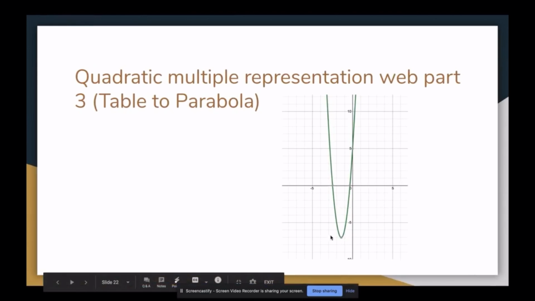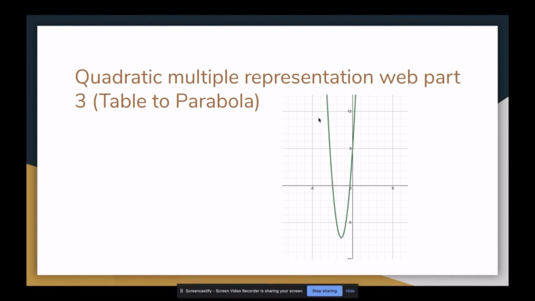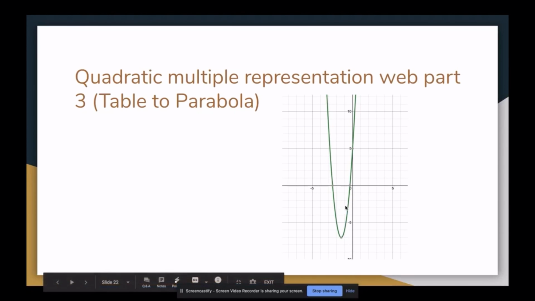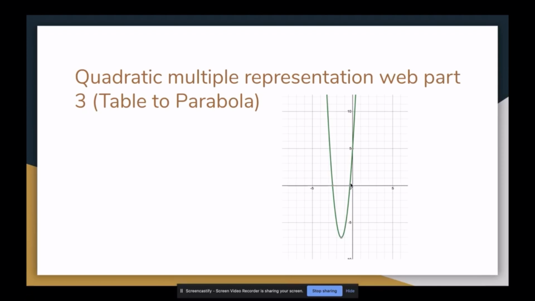So first you plot your vertex and your x-intercepts, and then you put your parabola, and then you plot your y-intercept, which is 5, and then your vertex, which is -7, and then your 2 x-intercepts. So then we take this and we put it in a situation as if you're diving into a pool,